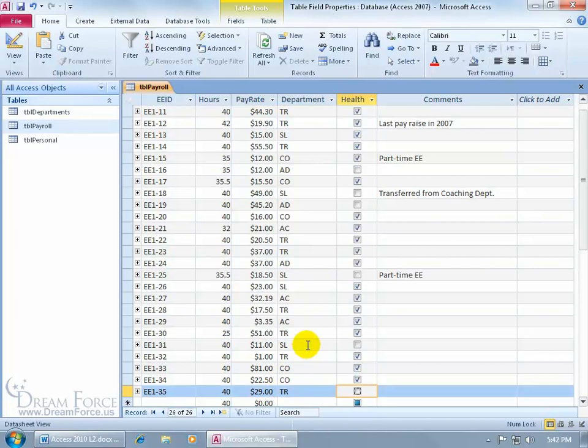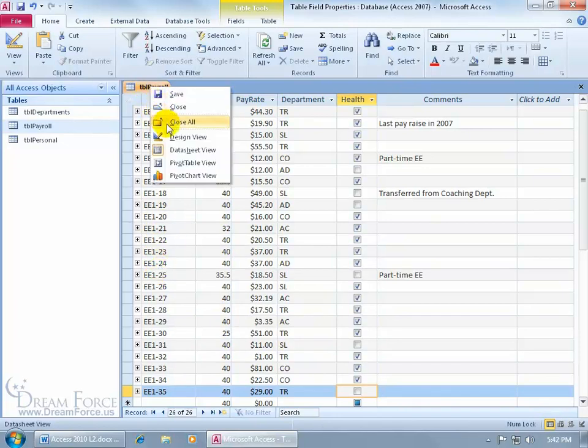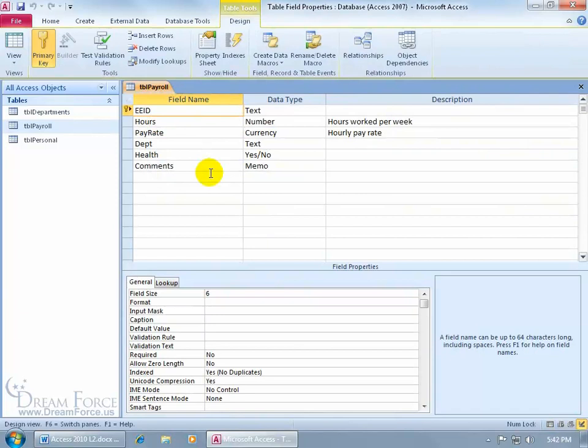Now, on that same note, when it comes to entering in my employee ID, the first couple letters have to always be EE. I can go ahead and set up a validation rule for this cell that says, okay, the first couple letters always has to be EE. Go ahead and right-click. Let's go to our design view for the employee ID field, come down here into its corresponding field property for the validation rule. You can see over here that limits the values that can be entered into this field, and it's going to